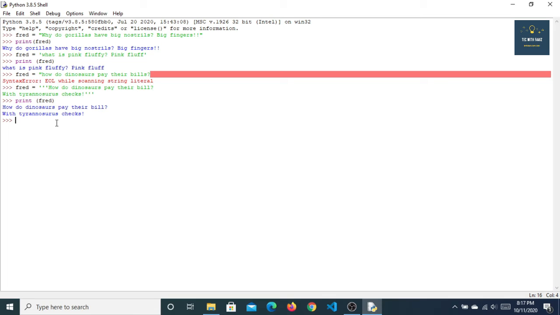Now we're gonna be learning about how to handle problems with strings. Okay, now consider this crazy example of a string which causes Python to display an error message. So let's say silly_string equals